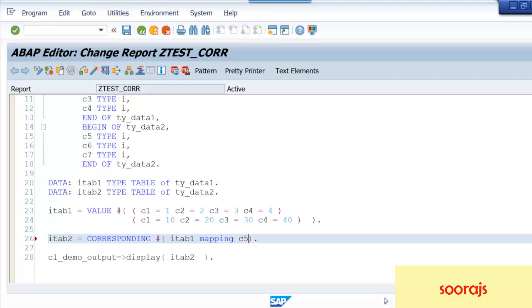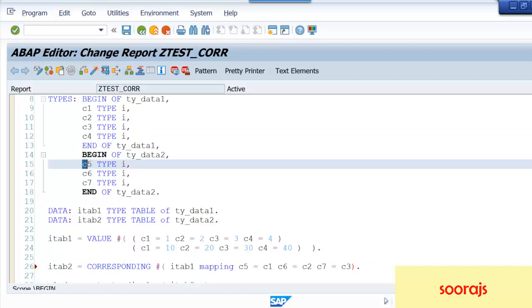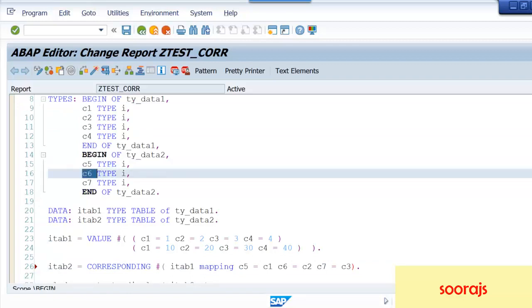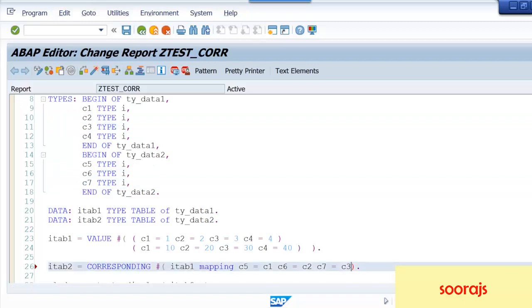I'll say C5 equals C1, then C6 equals C2, C7 equals C3. So I am mapping C5 of this table with C1, C6 with C2, and C7 with C3. That's what I'm doing here.